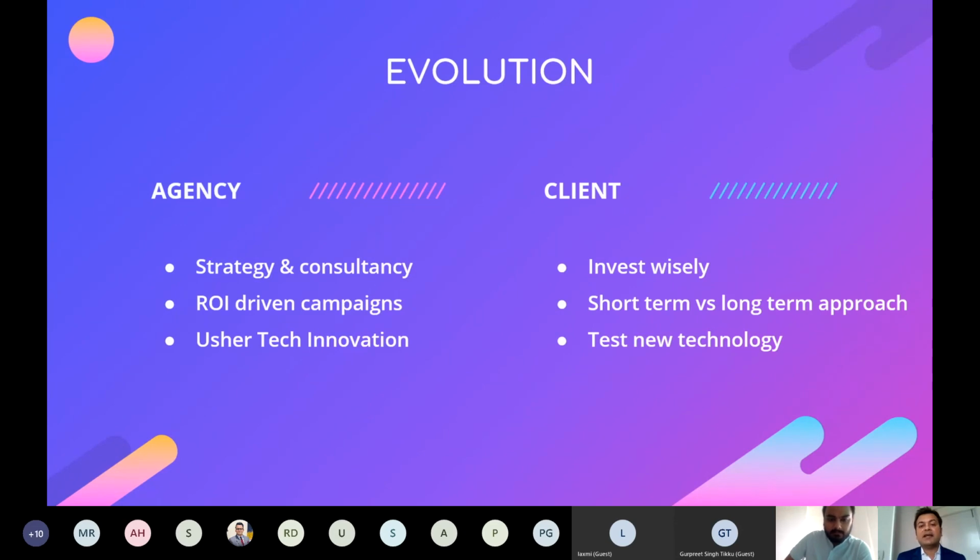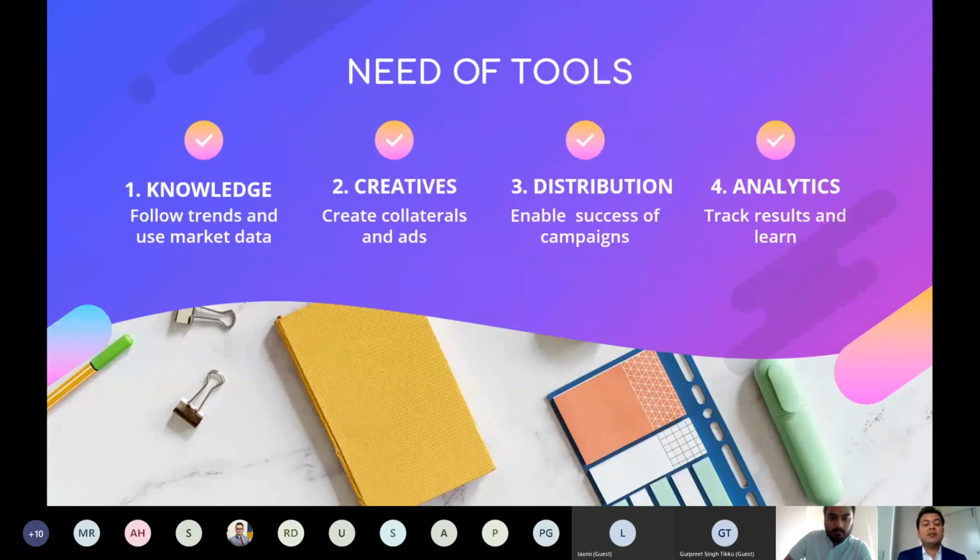Right. So with that, I think both sides need to get involved, and that's the reason why we do these calls, because we can look at both these aspects and come to a 360-degree conclusion. Correct. So we have divided tools into four different segments based on how they are going to help us, and we'll straight away dive into them. The first one is knowledge driven: how we can be aware of what's happening around us and make proper use of it. How do we make those beautiful creatives in-house in real time in a cost-effective manner?